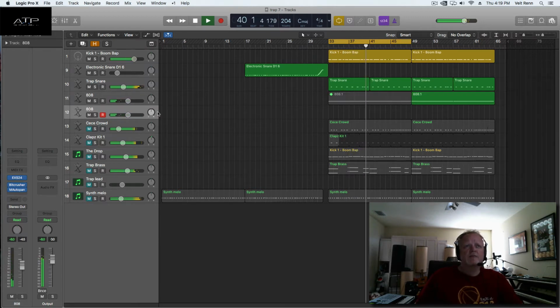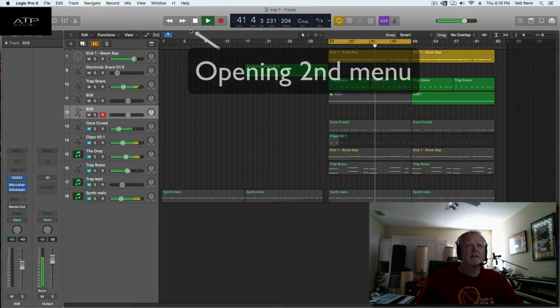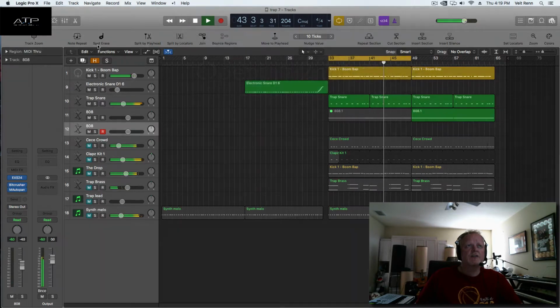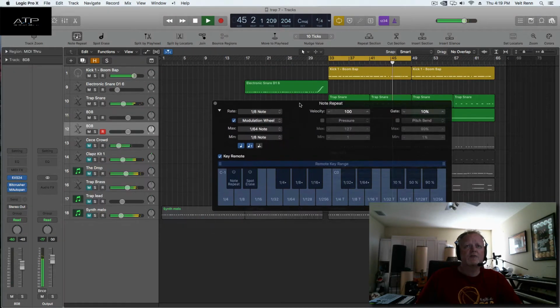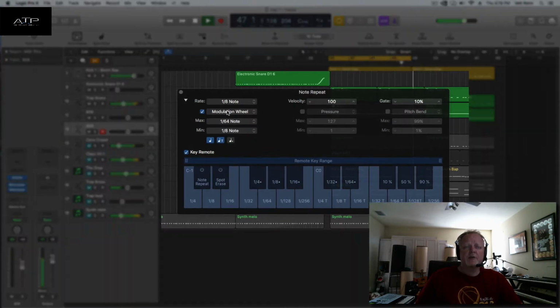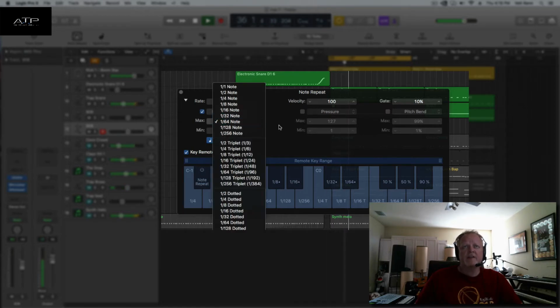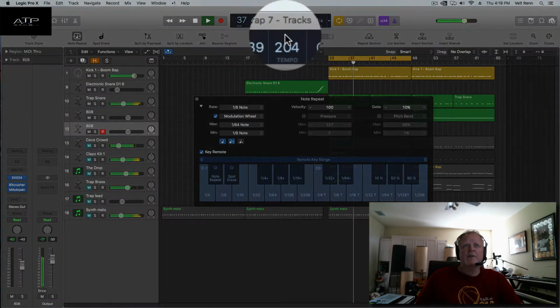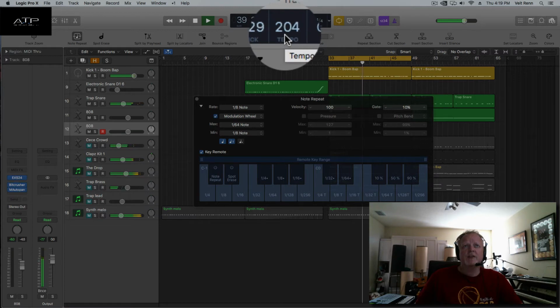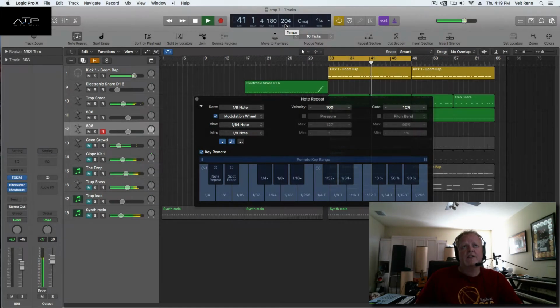And what basically happens is I get up here and I turn note repeat on, and with note repeat, I like to use it with the modulation wheel. I set my lowest setting to eighth and my top either to 32nd or 64th. Now I'm dealing with this song in double tempo, so it's counting 1 2 3 4 1 2 3 4 1 2. So an eighth note is actually more like a 16th note, so you have to be careful how you